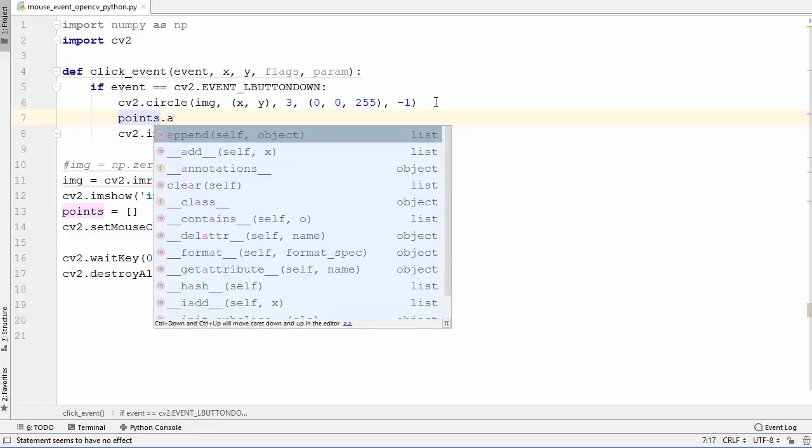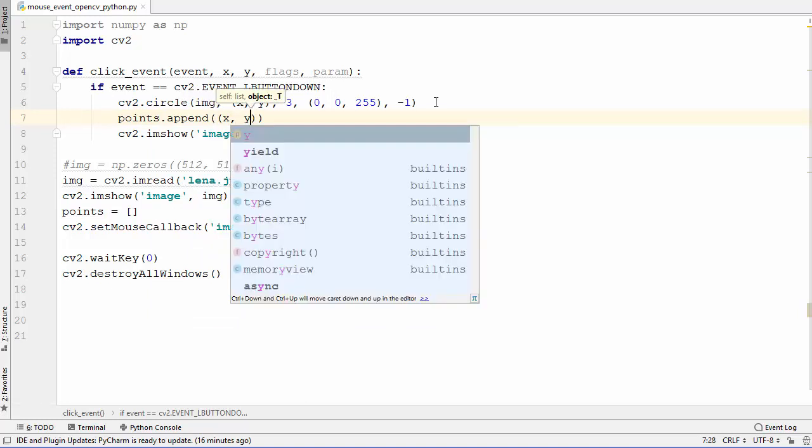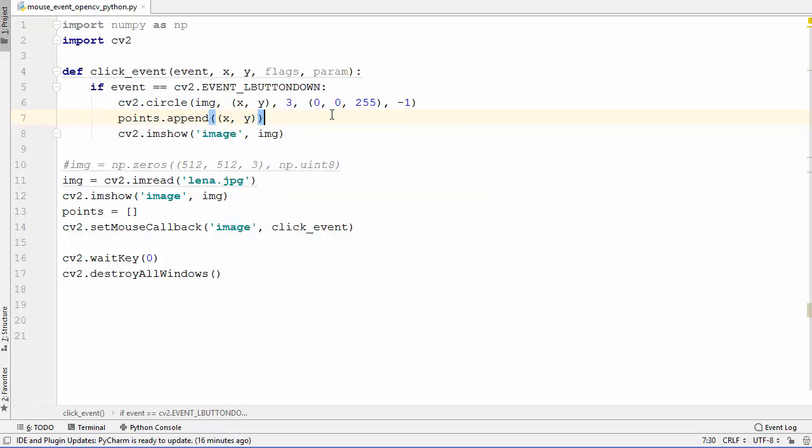So I'm going to call an append method here, and append the x and y coordinate to this points array. So we know where the mouse is clicked, and we are saving the coordinates wherever the mouse is clicked in the form of an array.